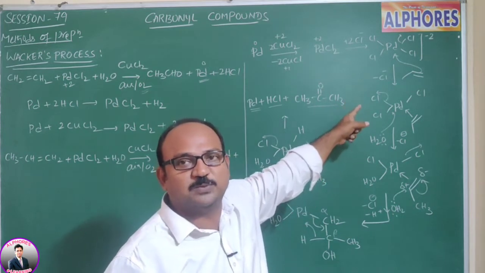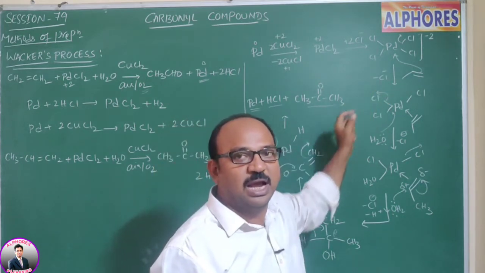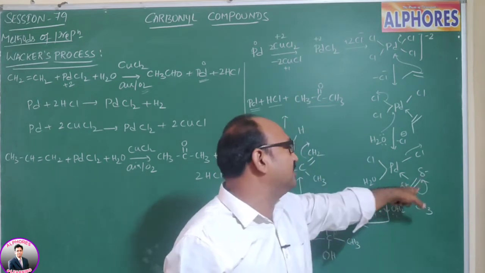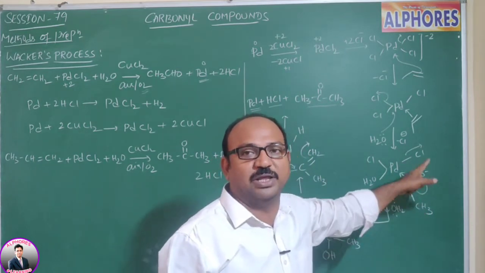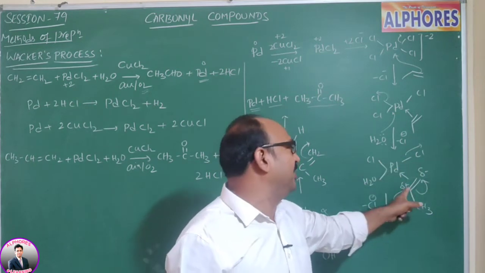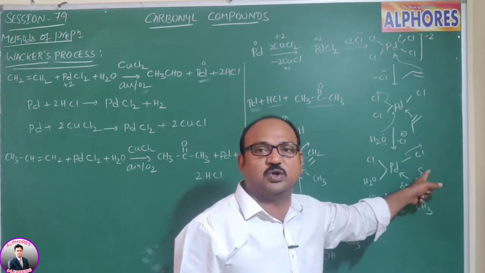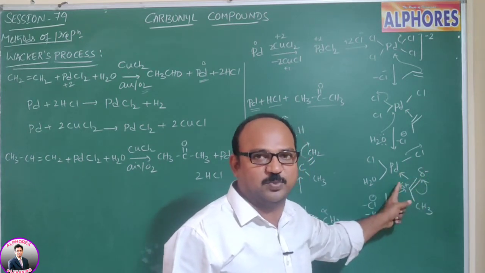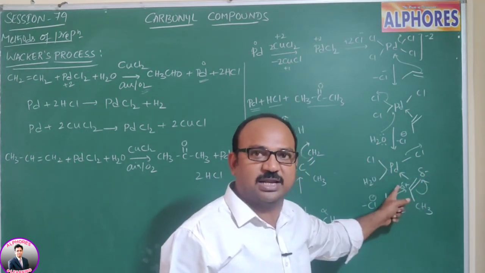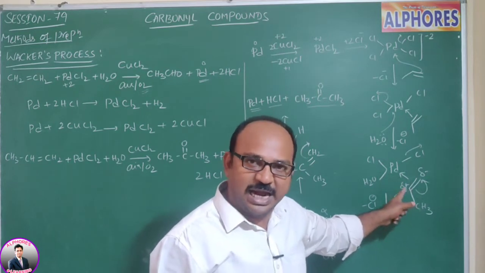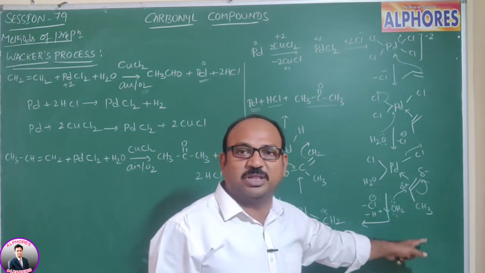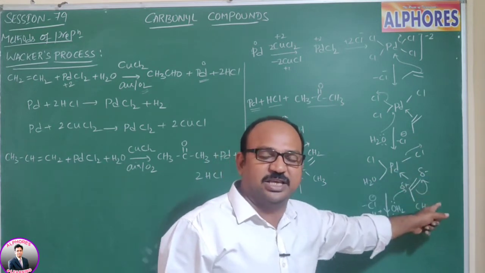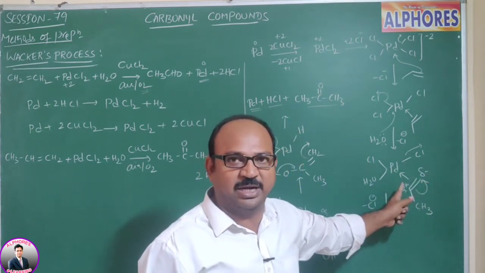One of the water molecules displaces Cl minus of palladium and coordinates with the palladium metal, and the second water molecule directly involves in addition, what we call the nucleophilic addition reaction. Between these two carbons, pi electrons are shifted towards this carbon. The resultant terminal carbon acquires negative charge and the central carbon bears positive charge. The water molecule has to attack the positively charged central carbon, and this central carbon now possesses one methyl group, one OH group from water, and one hydrogen, and the terminal CH2 minus is coordinated with the palladium metal.